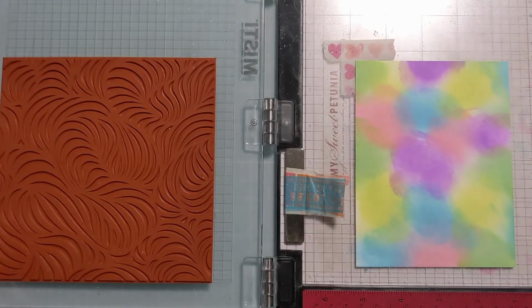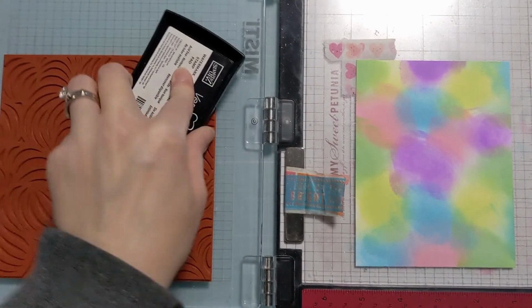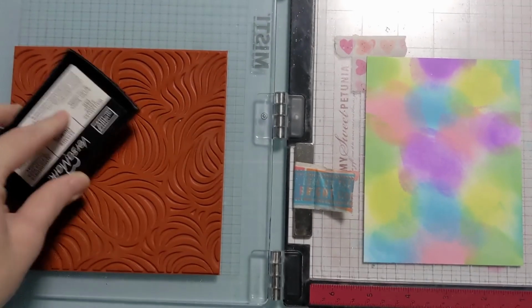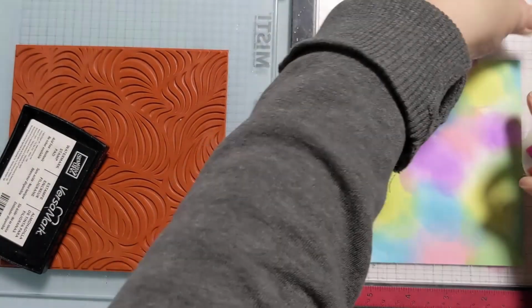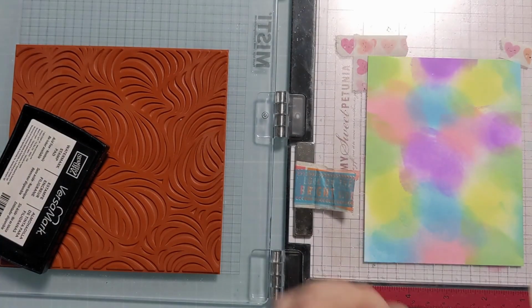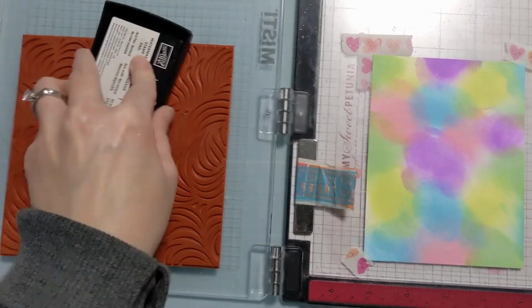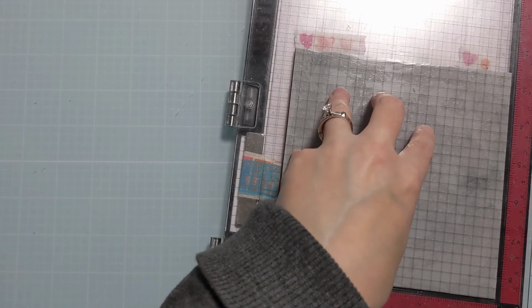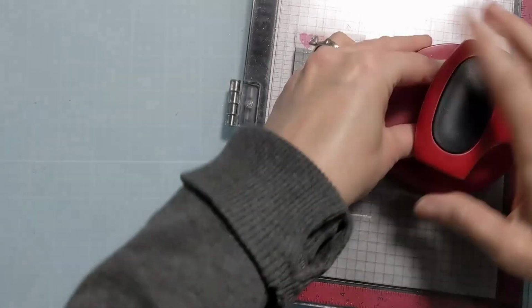Now that particular one is from the Rabbit Hole Designs. I'll link that and any other products in the video description box below. But the reason you do that is that it takes away the static so that the embossing powder will only stick to your embossing ink rather than any other places where you may have oils from your hands or things like that. So I'm just stamping this down with the clear sticky embossing ink, and I'm using my press tool